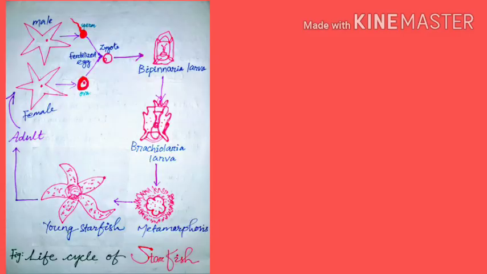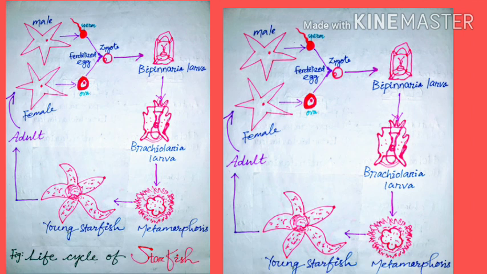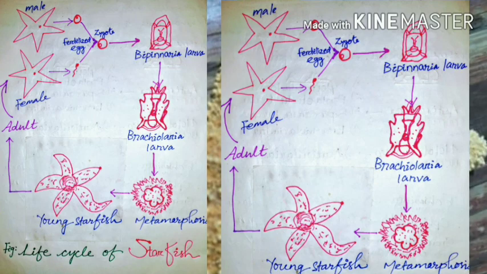So starfish or Asterias shows external fertilization, look at this picture, and forms the bipinnaria larva, then the brachiolaria larva. We discussed their features well, and after that they undergo metamorphosis and become the pentamerous, or 5-armed, starfish. It grows older and again follows its life cycle, which is the sexual type of reproduction of starfish. So if you get a question about the larva, then you can write it well, and here we complete the life cycle of starfish too. The rest of the larvae we will study later.